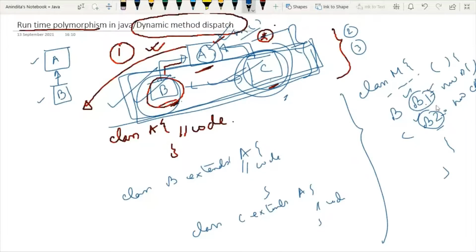So you can use any object to access the superclass's variables and methods. But the only thing you have to keep in mind is that in case of hierarchical inheritance, first count how many subclasses you have. The number of subclasses will be equal to the number of objects created. So this thing you have to remember.